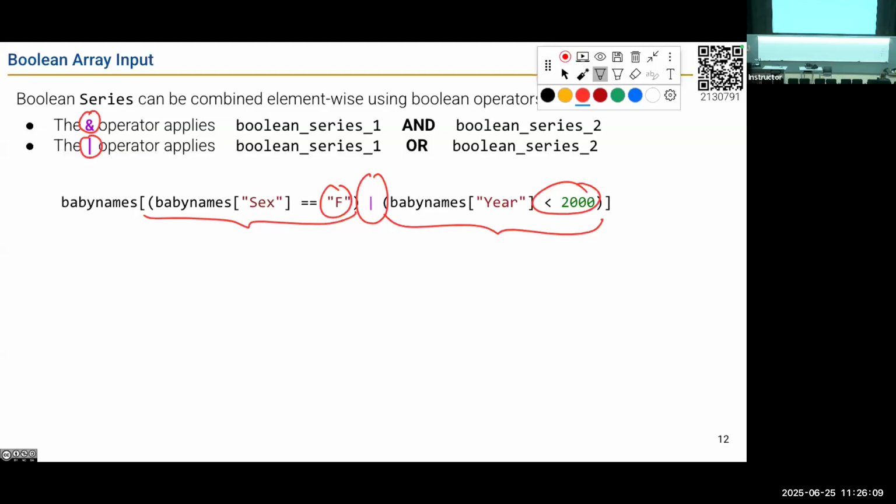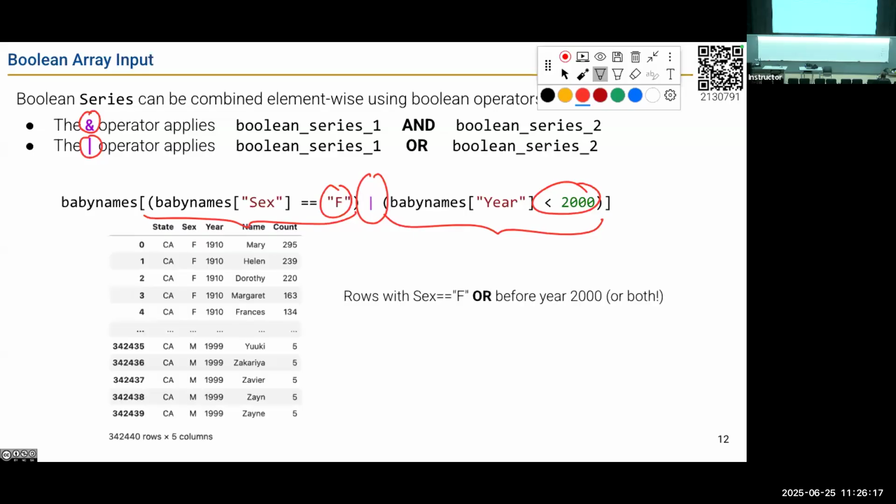If this one's true, this one's false, then the whole thing becomes true. We work our way down through both of these series to get a new series that we then index into baby names. So notice now, we're only going to get rows where the sex is F, or, so it doesn't necessarily have to be both of them, right? We can still have M in one column, or they're before the year 2000. So notice all of these are before the year 2000.